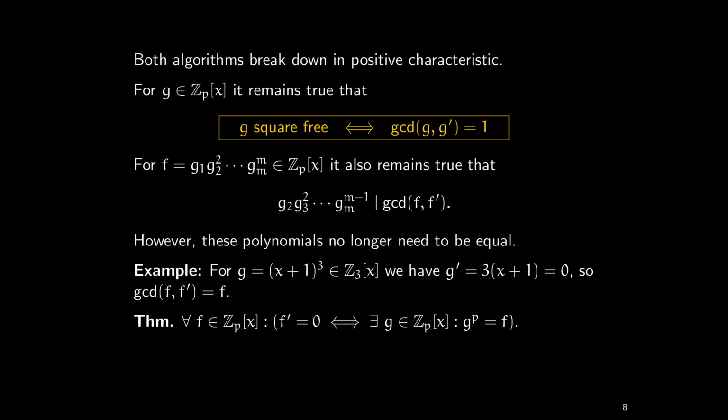And okay, now that we understand this, let's see what happens if we still apply Yoon's algorithm. So let's have a closer look at the derivative again. Let's just single out one multiplicity. Let's say v contains all the factors of multiplicity m, and u contains all the other factors. And now if we take the derivative, then we can easily write this down by the product rule. It's this one,